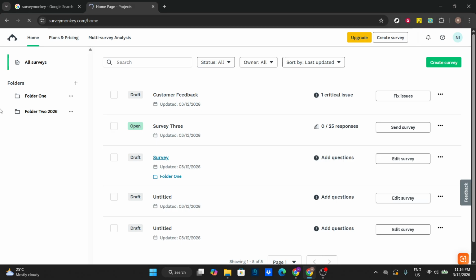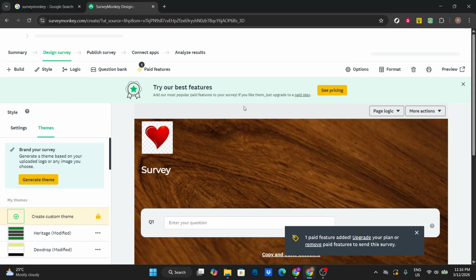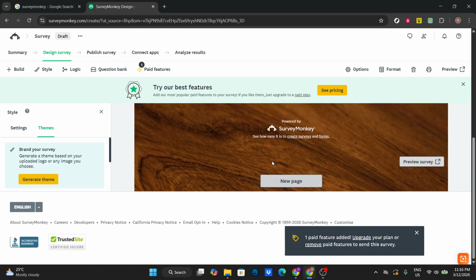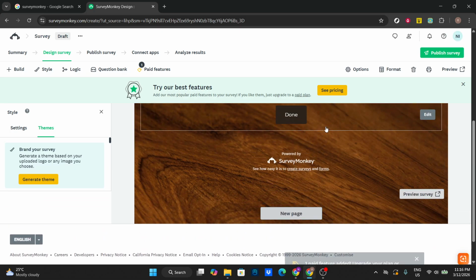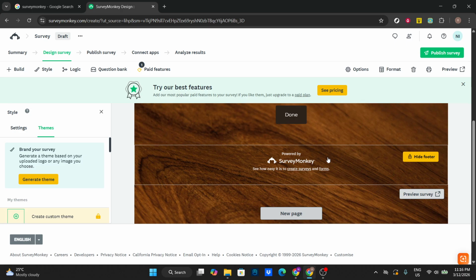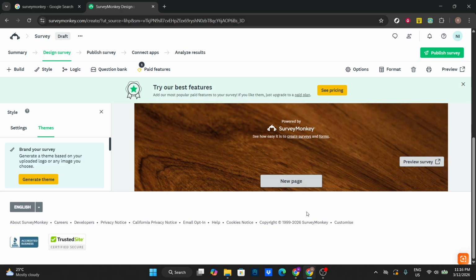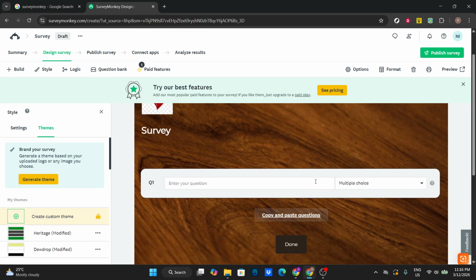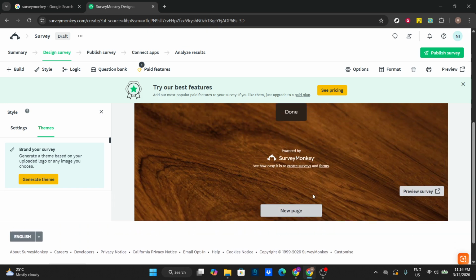Once you're inside the survey, make sure you're viewing the survey canvas. Slowly move your mouse over the content area and scroll all the way to the bottom of the page. You're looking for the footer section that sits right below your last question or any page navigation. If your survey is long, you may need to scroll a bit. That's normal. The footer area is sometimes subtle, so pausing your cursor near the bottom helps reveal any controls that